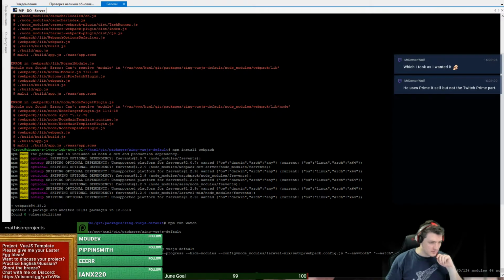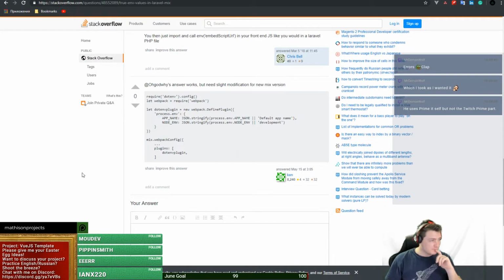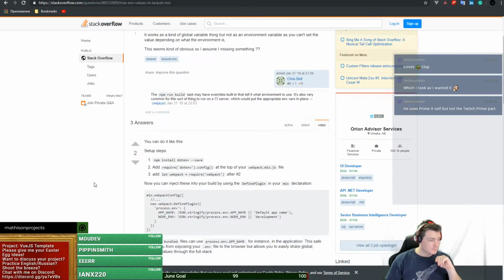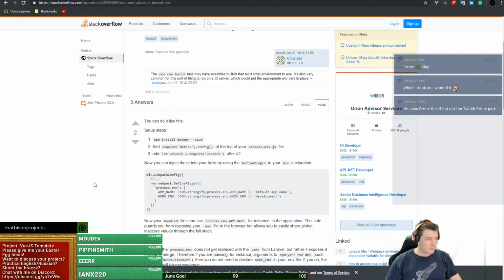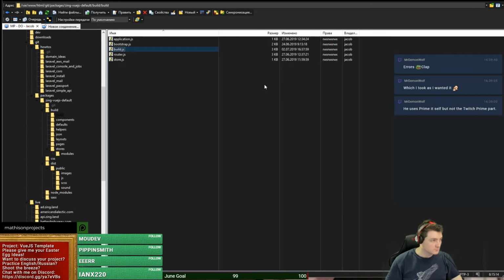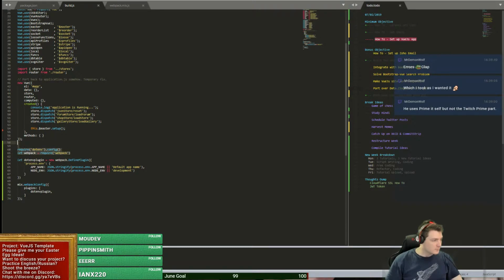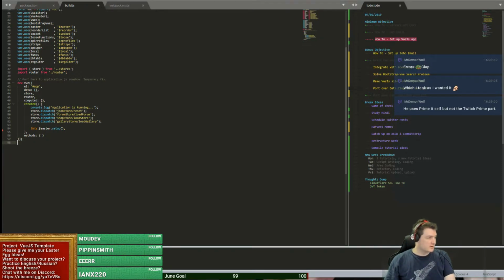I don't think it will work, but I'm just throwing spaghetti at the wall to see what works at this point. Not resolve module. Yeah, it doesn't look like it'll work, so